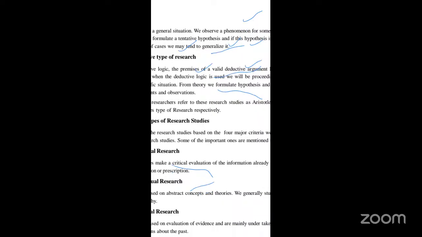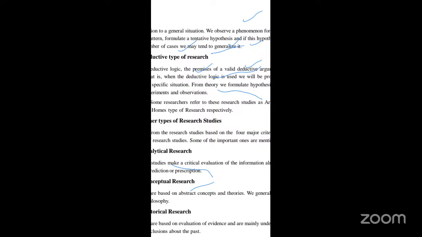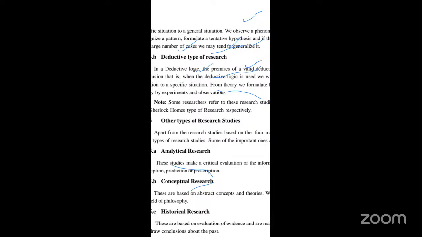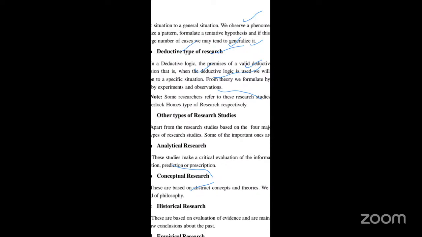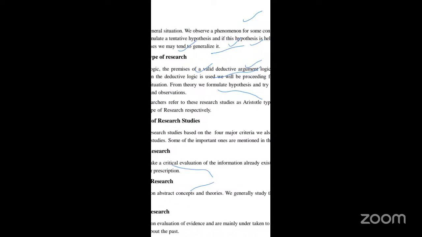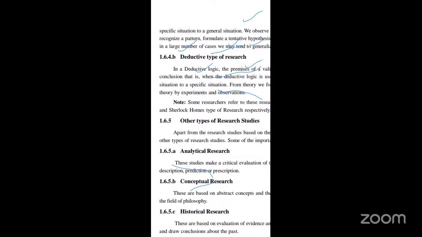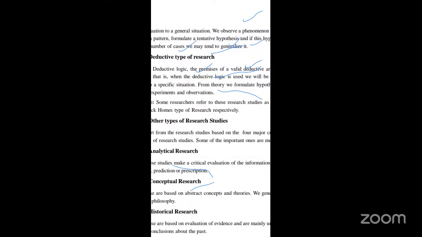And if this hypothesis is held to be correct in a large number of cases, we may tend to generate a deductive type of research. What does deductive type mean? The premises of a valid deductive argument logically entail the conclusion. That is, when deductive logic is used, we will be proceeding from a general situation to a specific situation. From theory, we formulate hypotheses and try to confirm the theory by